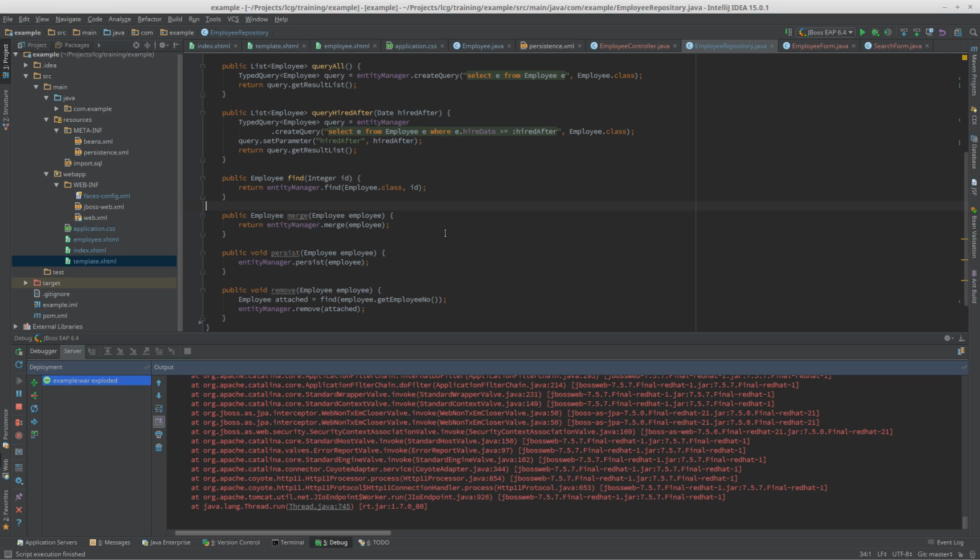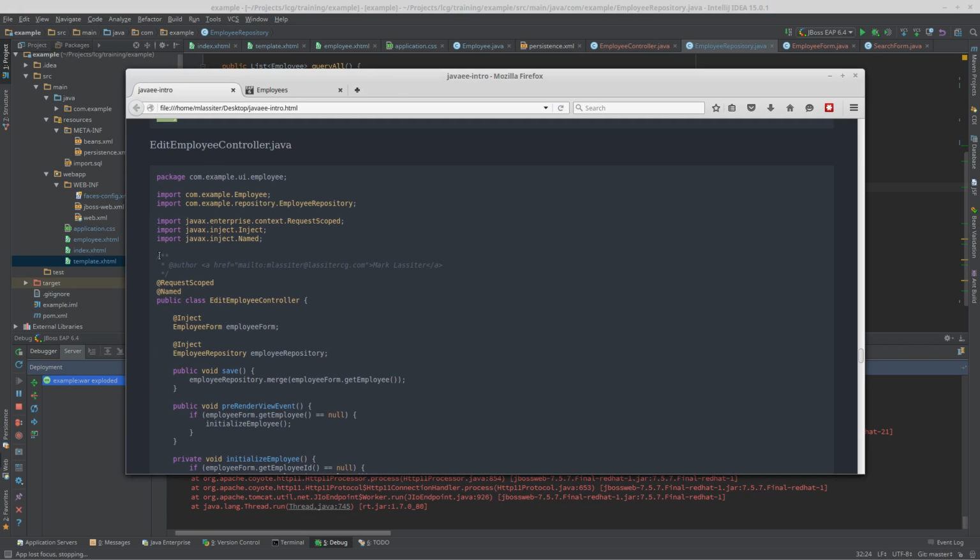The difference between persist and merge with respect to JPA: merge takes what's called a detached entity, or an entity that's unknown by the entity manager, and merges it back into its session. It'll detect any changes, and when the transaction commits, it'll flush those changes out to the database. Persist is an explicit expression of your intent to really insert a new object. If the object already exists, you'll get, of course, primary key violations and things like that. And then find was added to allow us to locate an employee by ID. So